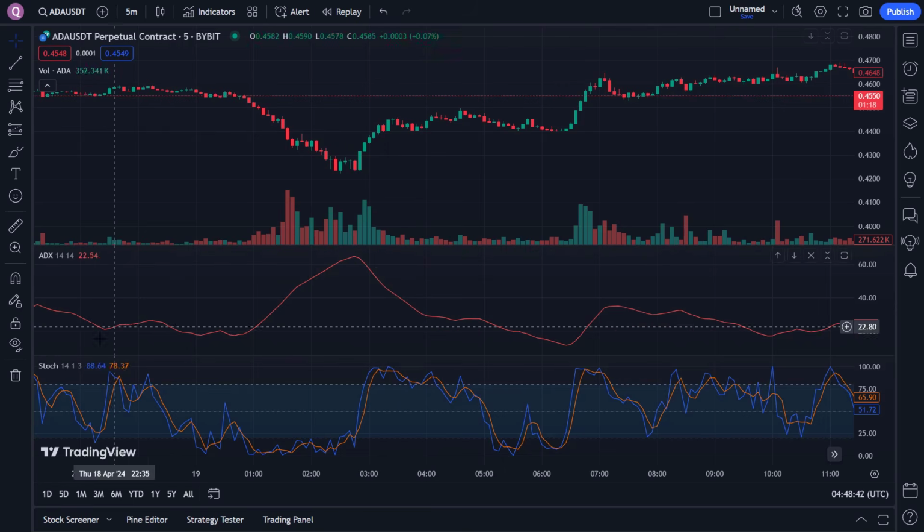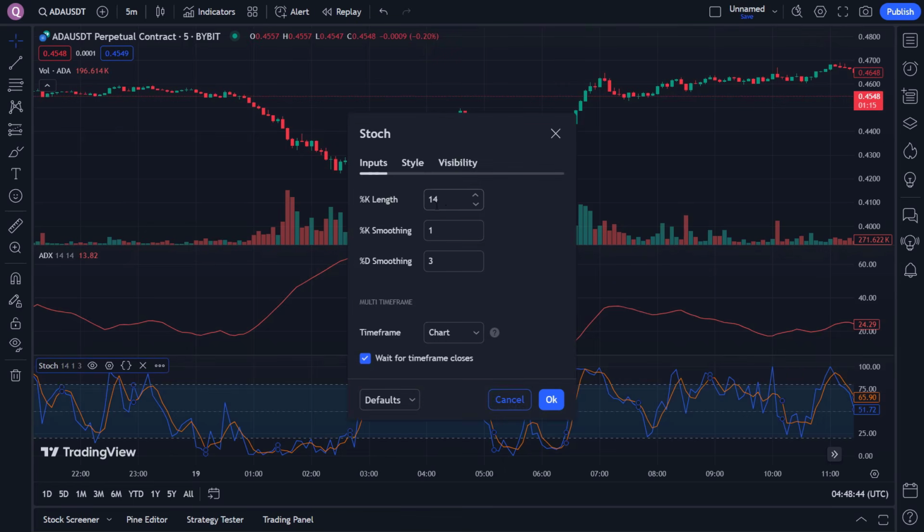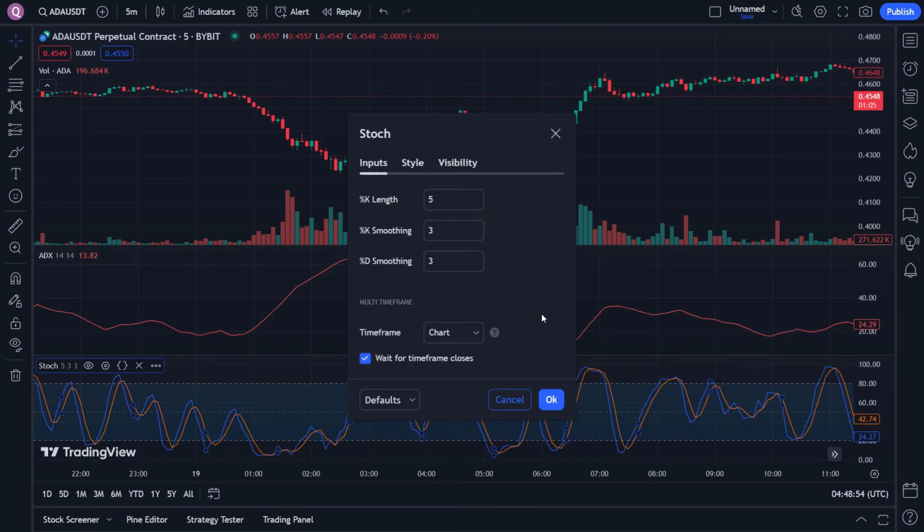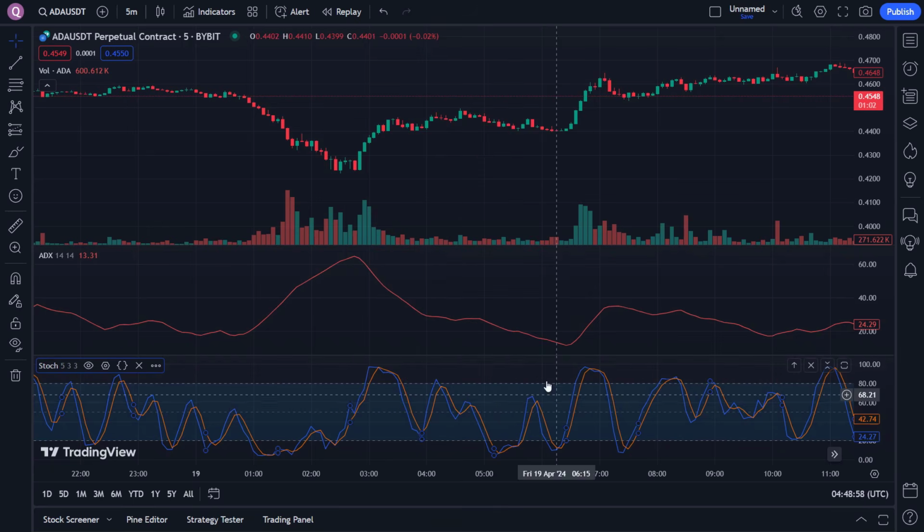To adjust the parameters, change the K length to 5. This adjustment will increase the indicator's sensitivity to recent price changes. Additionally, set the K smoothing to 3 to smooth the indicator over 3 periods. With these adjustments, the stochastic indicator will respond more quickly to price changes and provide a smoother depiction of market conditions. This combination of ADX and stochastic indicators helps to filter out false signals and increase the accuracy of our